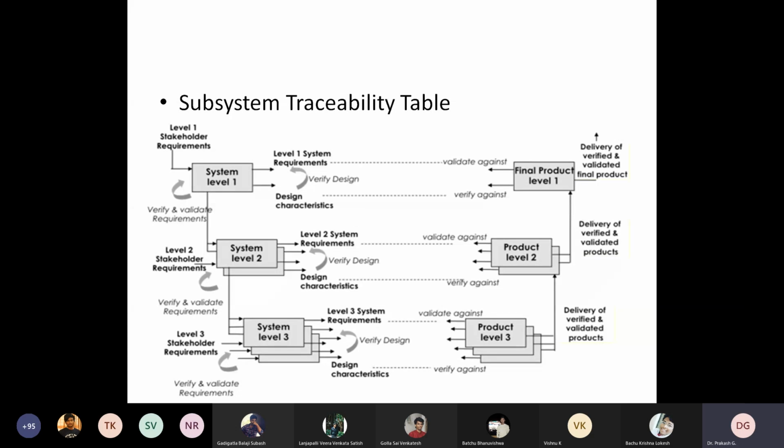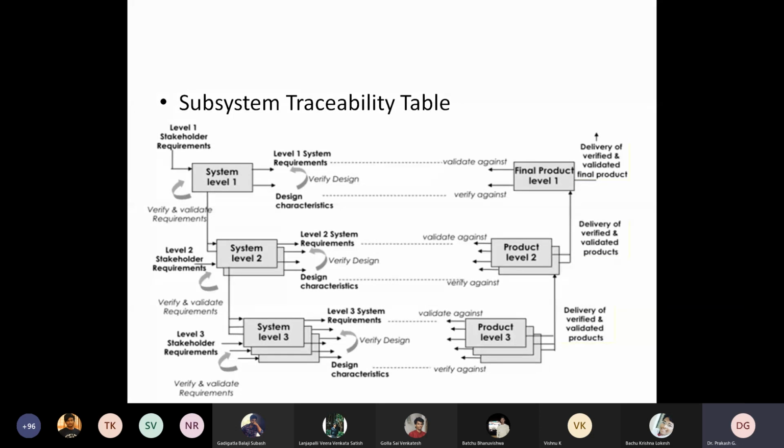Once we are giving some inputs, the system has to process them and produce the correct outcome or correct result. If that is not there, then this product is not the right product. That is what we are talking about: validation. You are validating the system to check whether it is producing the correct result or not. This is done at this level. You are just doing the validation against these requirements.